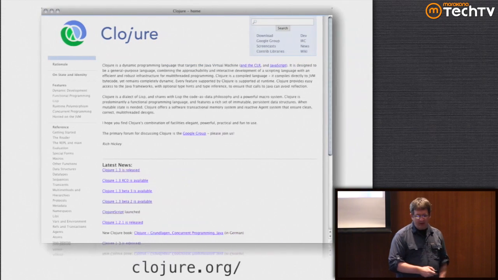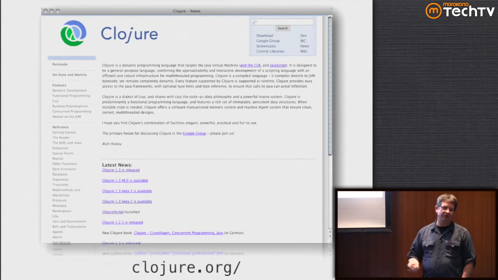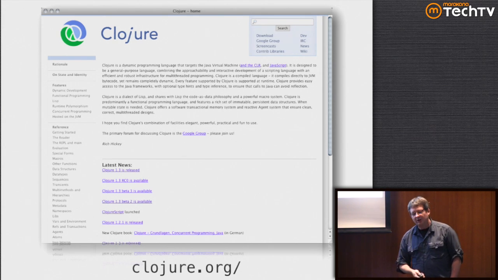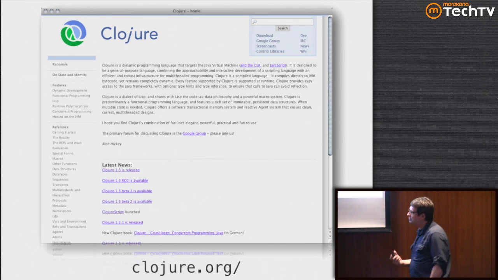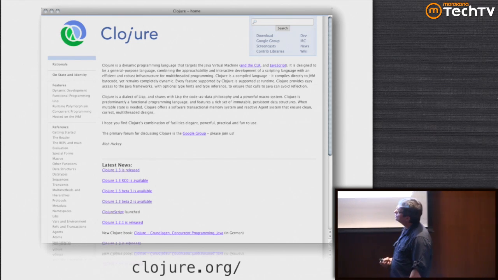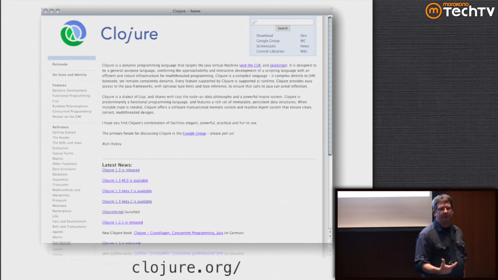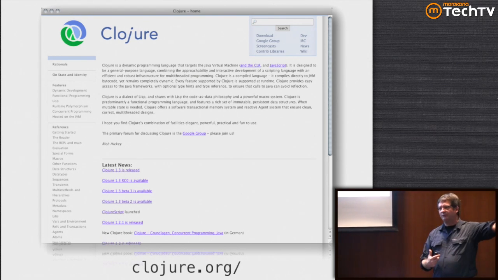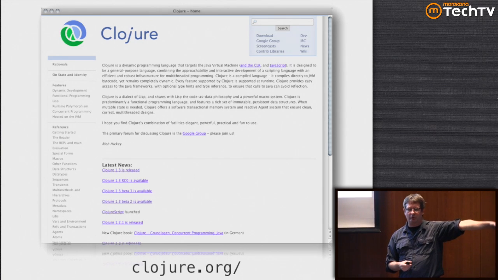So let's talk briefly about the ecosystem. I'm not going to spend a lot of time here, but if you have a new language, you need to be able to do stuff with it. So the language itself is on Clojure.org. It's an open source language project. It is maintained by Clojure Core, and so if one of the things that you strongly desire when you pick up a new language is to have a throat to strangle if things go wrong, then Clojure Core will sell you a throat to strangle if something goes wrong, if you want support for Clojure or things around Clojure.